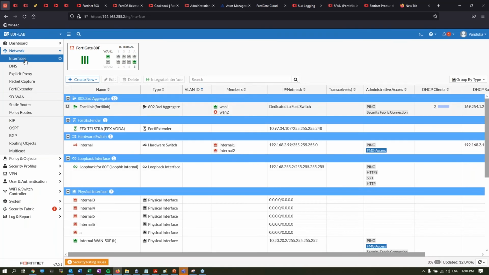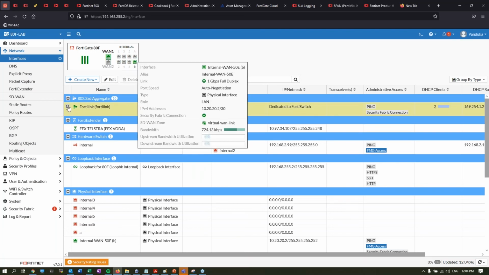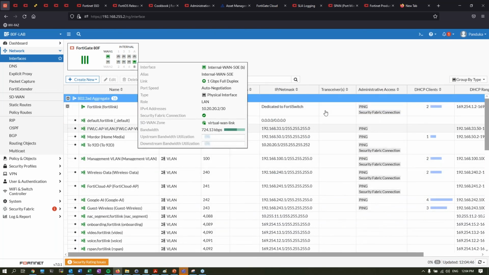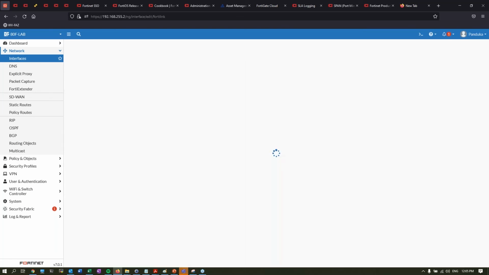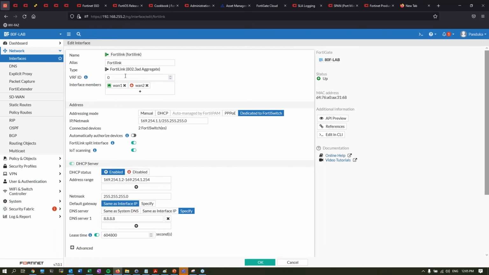Whenever you get a new FortiGate these days, you actually have the FortiLink automatically created for you, right? This is the FortiLink interface. Usually it comes with these A and B ports in there, but I've just customized that a little bit, and I've included two different ports in the FortiLink. Now in the FortiLink interface, you have this 169.254 network, and it automatically has the DHCP server enabled, and this